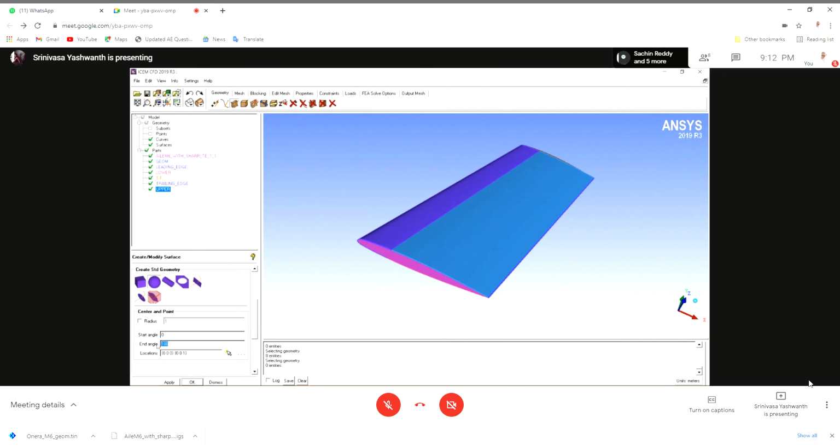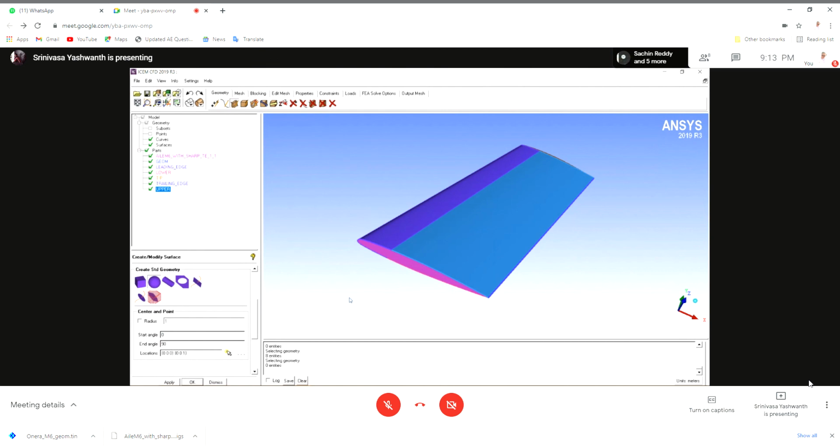So what we will do is reduce the end angle by half, that is 0 to 90, and then specify the origin. This is the first set of coordinates you see here. This is the origin of the sphere, and the second set of coordinates is a point that specifies the radius of the sphere.